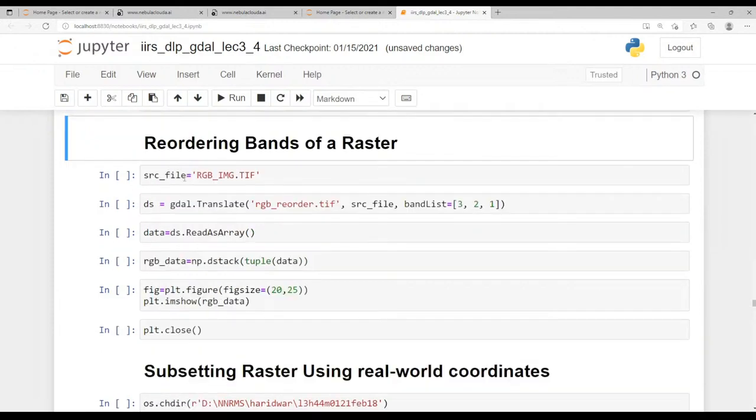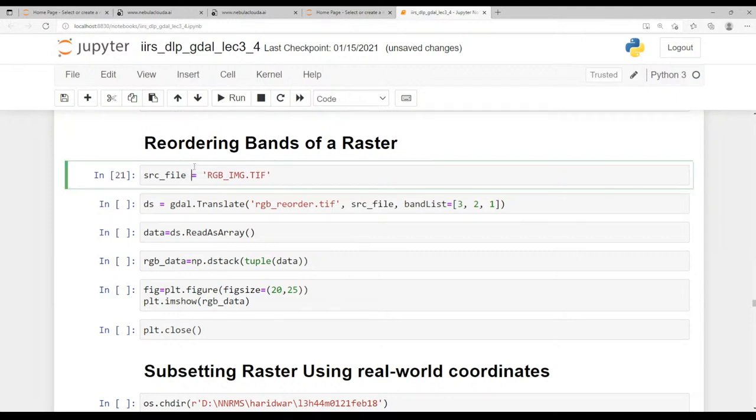For reordering the bands, we will use a GDAL utility called translate. With the help of translate, you can reorder the bands. Generally what happens by default is band 1 is interpreted as red, band 2 as green, and band 3 as blue, RGB. Now our source file is rgbimg.tif. So if you go about this gdal.translate,